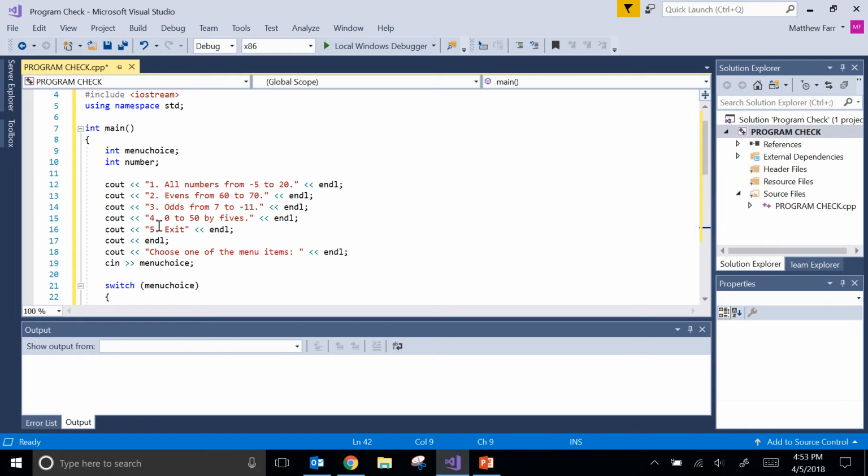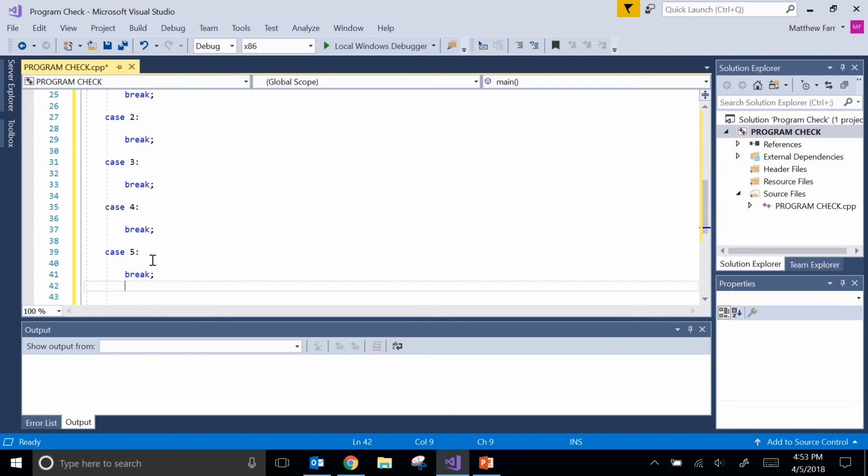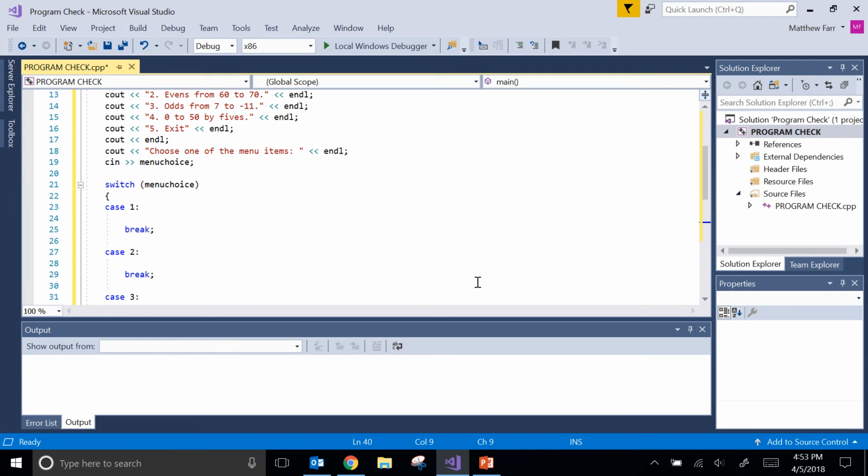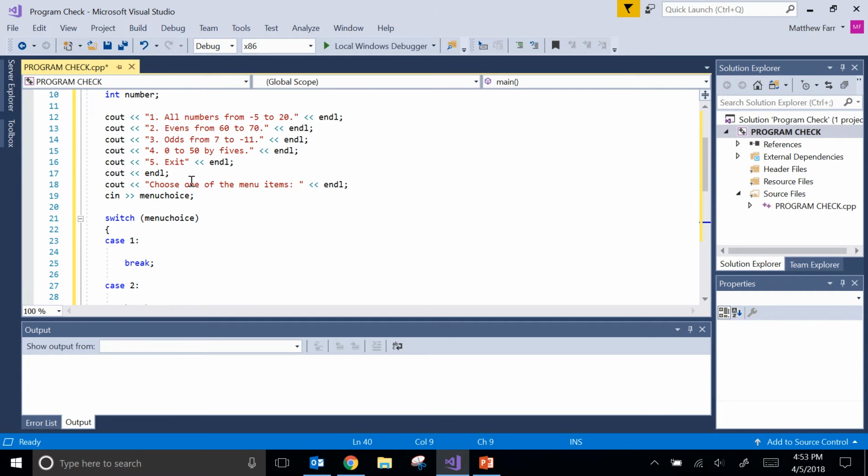So case 5, I don't need to do anything there to show you. You guys are very capable of, if they pick case 5, that it should exit the program with the cout statement. So I'm not going to fill that in. We're going to take a look at these 1 through 4 and how we can use for loops. So if I come to case 1,